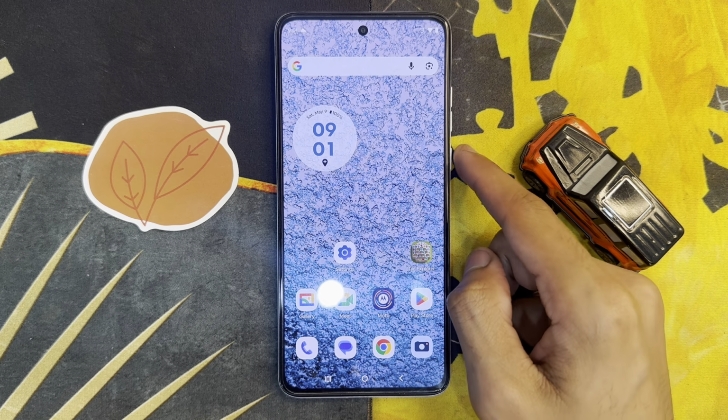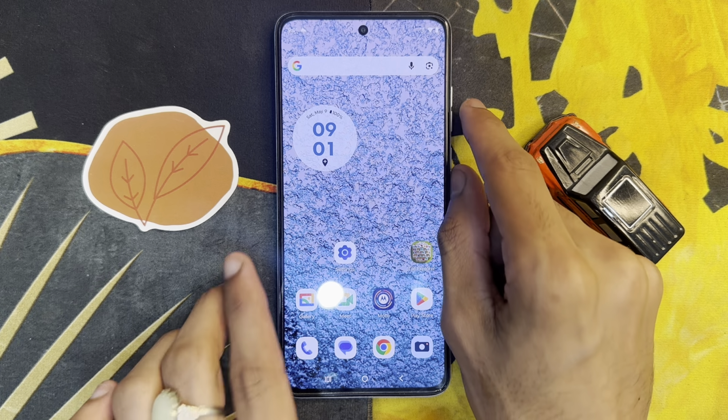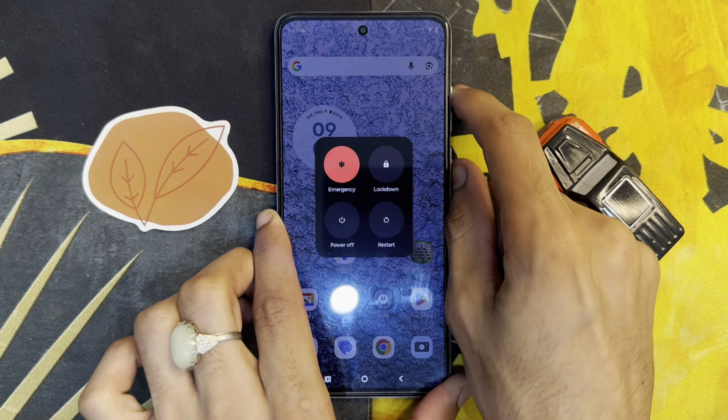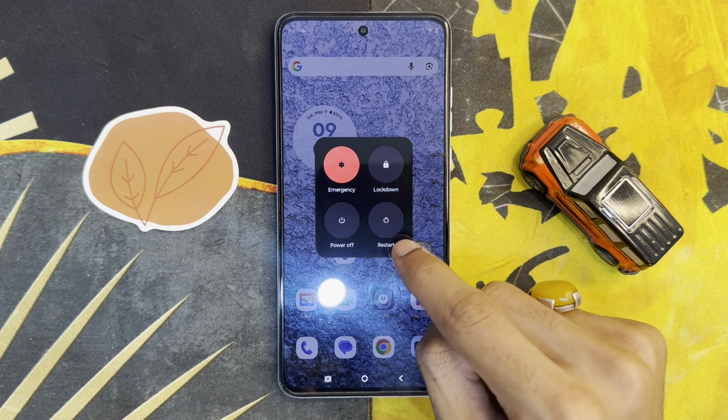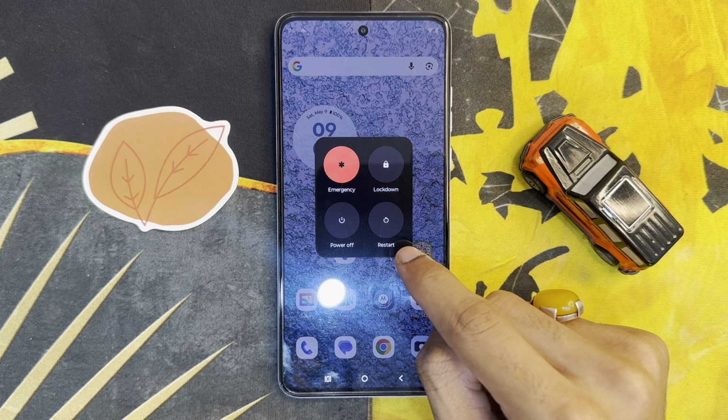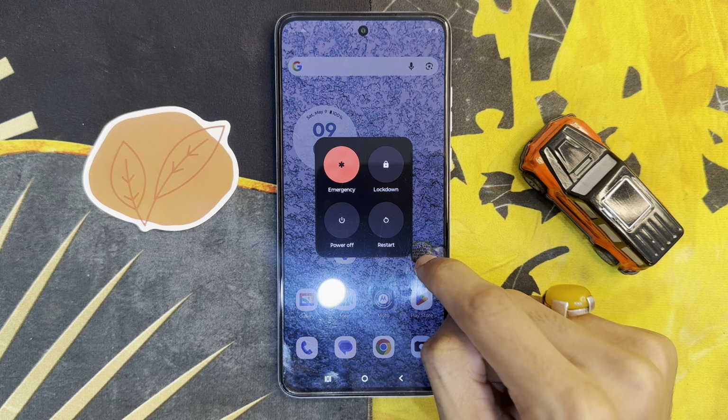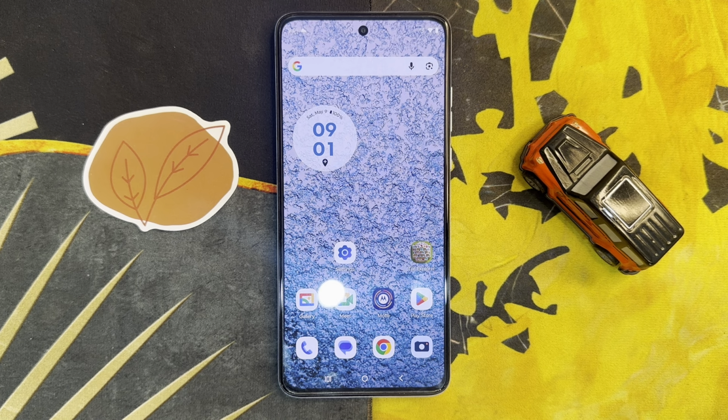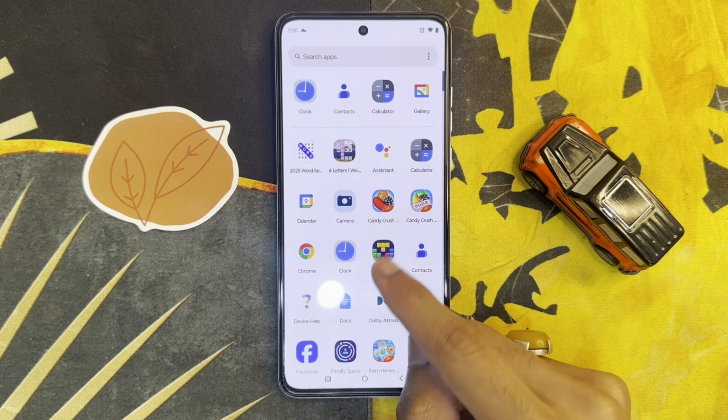Just click and hold the side power button and volume up button at the same time. Click on this restart icon. You will see the phone restart. After restarting, enter the phone pin. You will see your problem is solved, but if it is still not solved, go to app library,